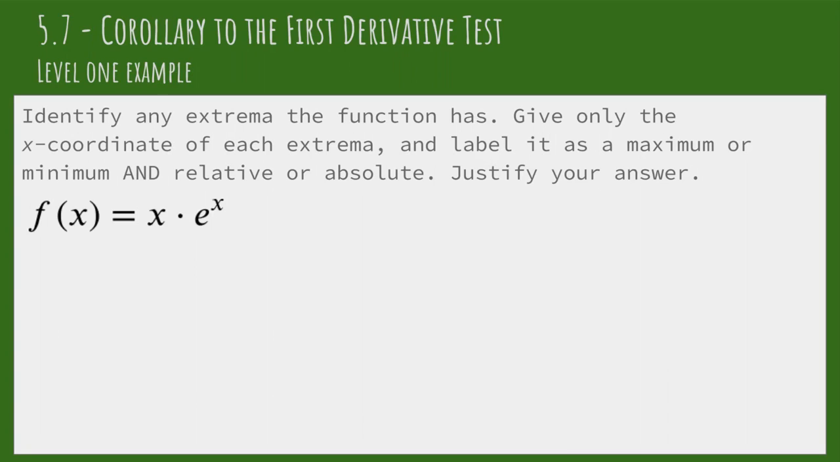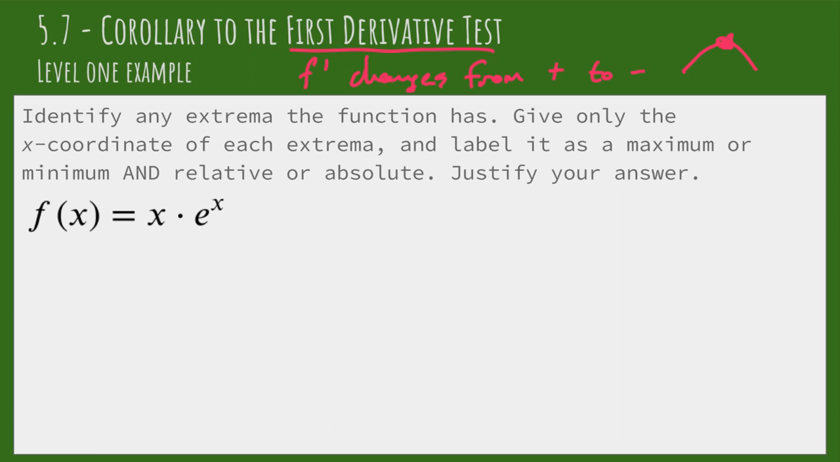Hello, Mr. Betts here. I want to take a look at an example that uses that special case of the first derivative test. So remember, the first derivative test tells us that if a function's derivative changes signs at a point where that function is continuous, then we're going to end up with a relative minimum or a relative maximum at that point. So for example, if the first derivative changes from positive to negative, then the function itself changes from increasing to decreasing, and at that point we get a relative